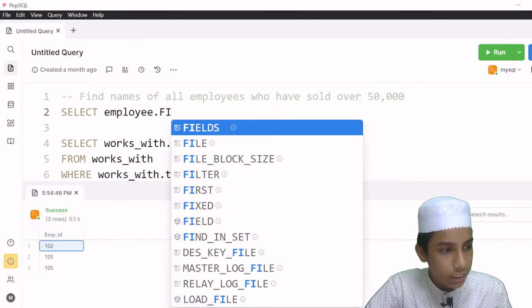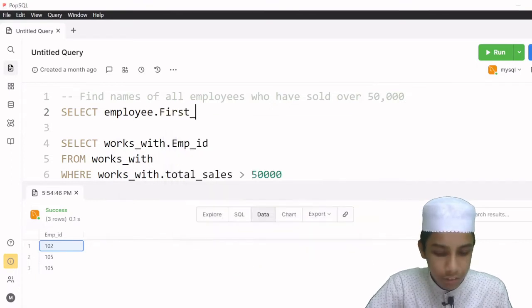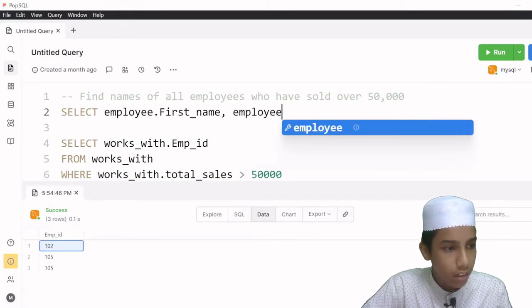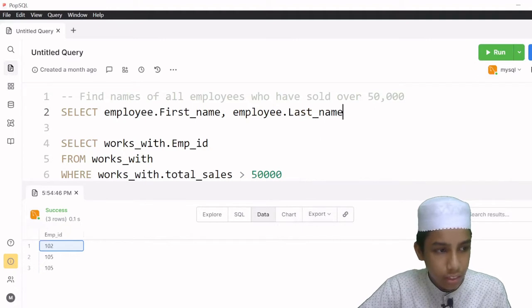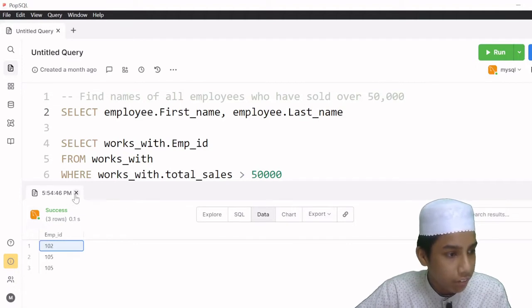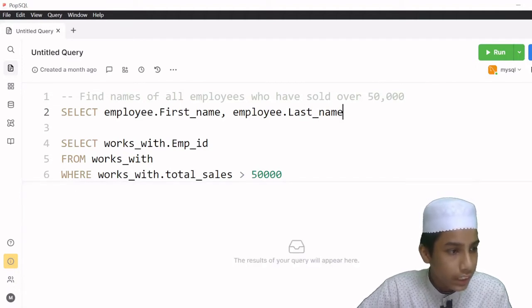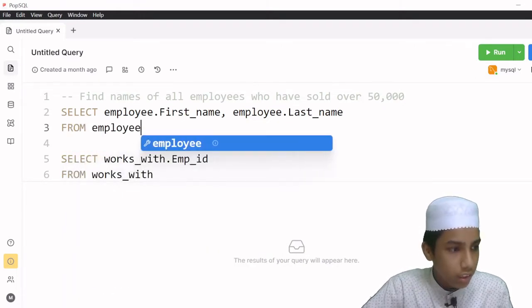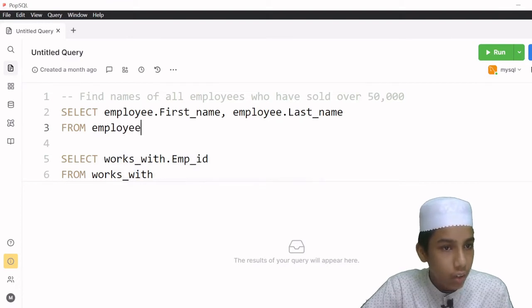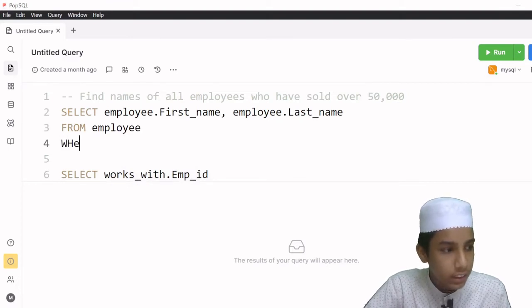employee.first_name, and then comma employee.last_name. Okay, select employee.first_name, and then comma employee.last_name. I have this one, and now I want to select this from the employee table, so that's why I am going to give here from. Select from employee, and now I am going to give here